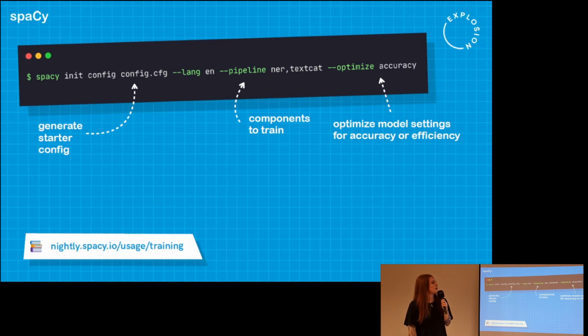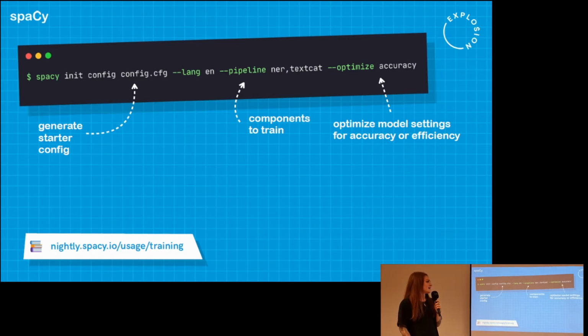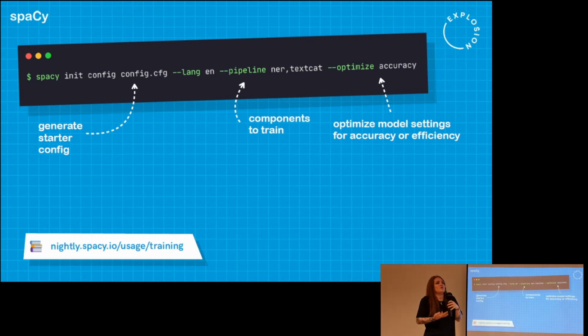Or you can say, hey, I want to optimize for efficiency. Then we can auto-generate you a starter config that probably runs on your local laptop with a CPU only, might not use the latest state-of-the-art weights, but runs faster and trains faster. So that's usually the workflow you can use to get started. We also have a little widget in the docs where you can click through. That's all here in the nightly docs, so you can play with it. And that kind of gets over the initial start, because yes, with the config system, one decision we've made is everything is in the config.